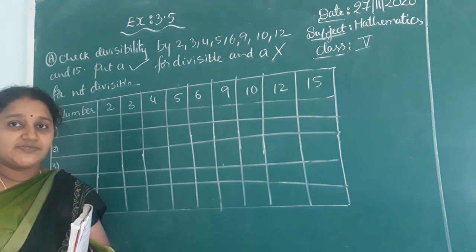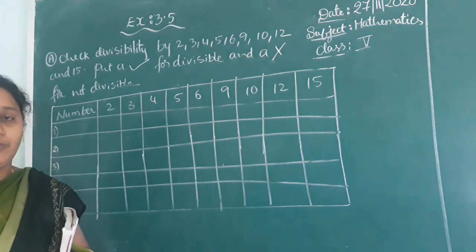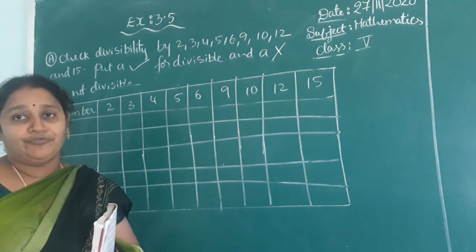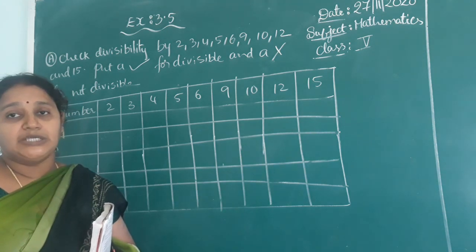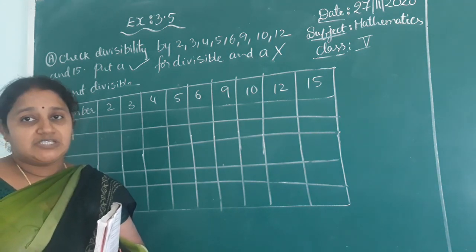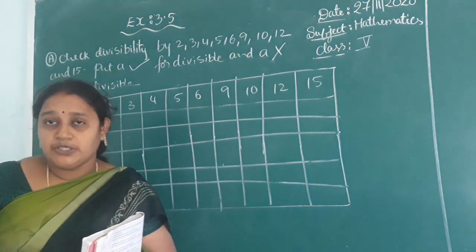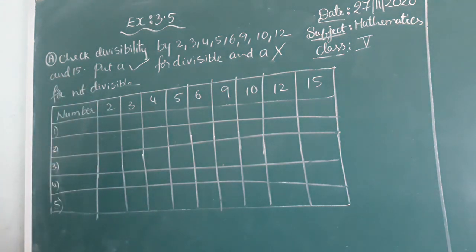In the previous class, we completed 3.4. Now I am going to start exercise 3.5. It's totally about divisibility rules. See the divisibility of the numbers. Check the divisibility by 2, 3, 4, 5, 6, 9, 10, 12 and 50. Put a tick mark for divisible and a cross mark for not divisible. This is the question. First number